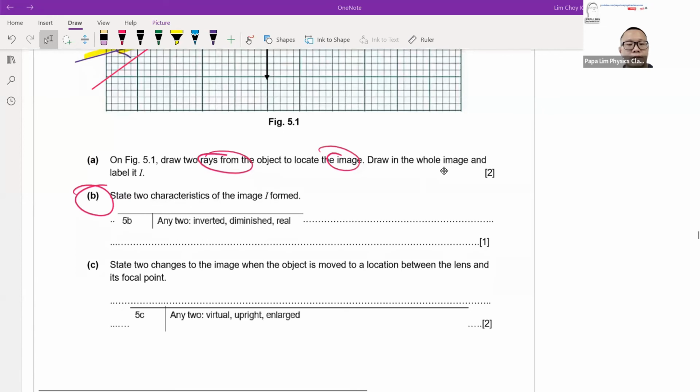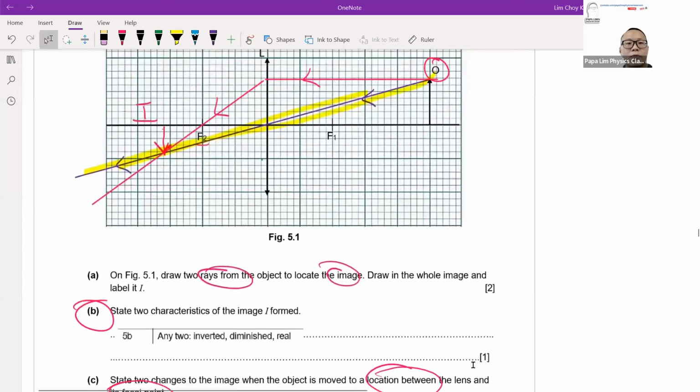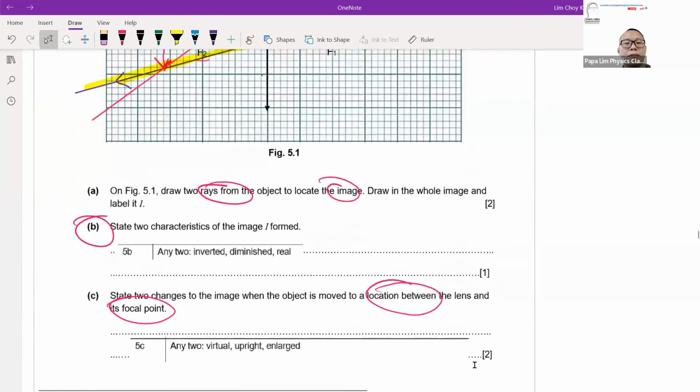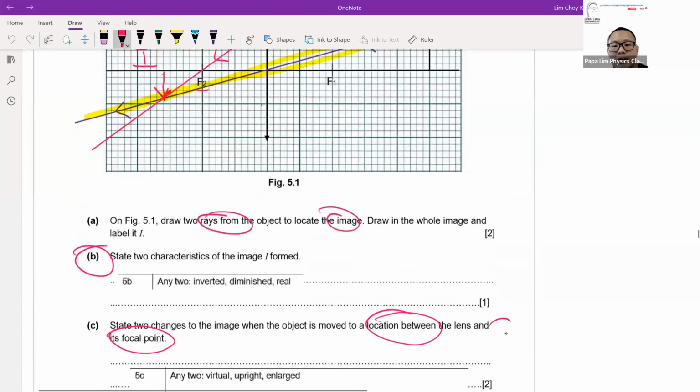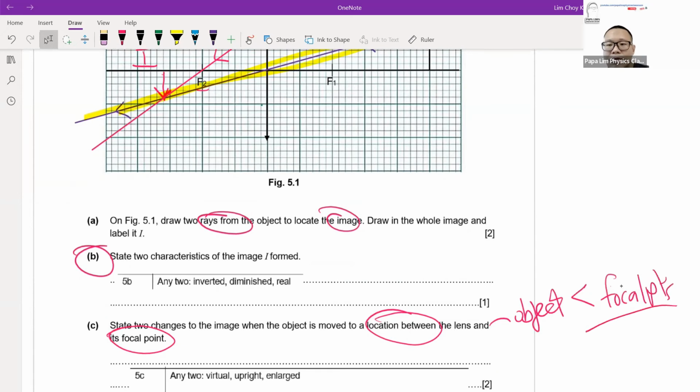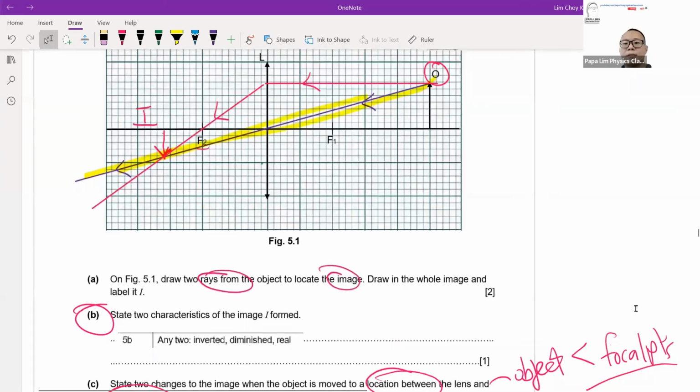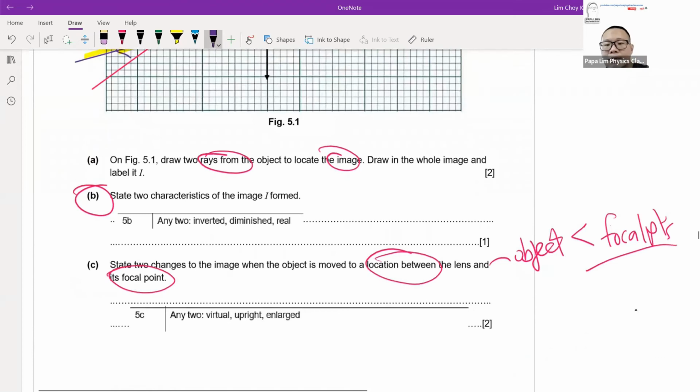Okay, so for the changes, there are still 2 changes for the image when the object moves nearer, to a location between the lens and the focal point. Between the lens and the focal point means the object distance is less than the focal point. If it's less than the focal point, the image produced at this location, the important thing is, less than focal point,